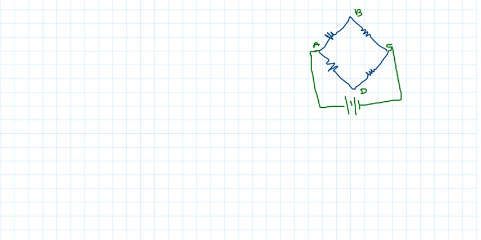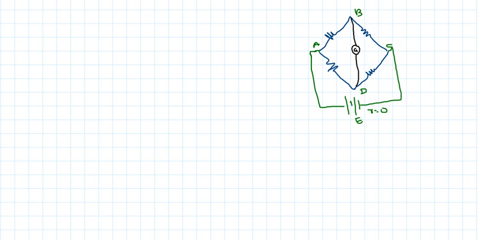Okay, this is how we are having a network. Let us say that is having a voltage E. I'm taking E, and for this given scenario, I'm taking the internal resistance equal to 0. Between B and D, I am connecting a galvanometer.